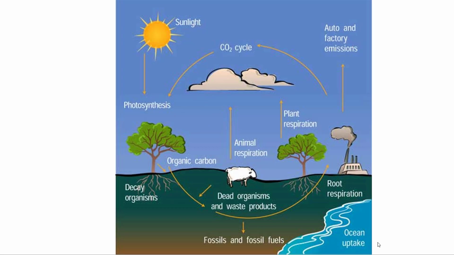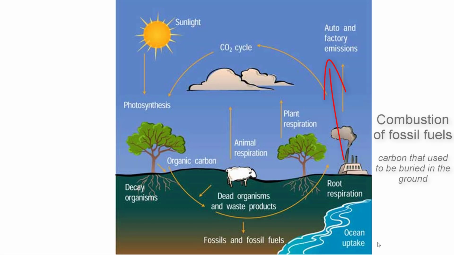Either the plant will perform cellular respiration and release it back out to the atmosphere, or an animal can eat the plant and the animal can do cellular respiration, release carbon dioxide to the atmosphere, or the plant or animal can die. And of course, when it dies, the decomposers can release carbon dioxide to the atmosphere, but also the dead organism, the decomposed organism, over a long period of time can become part of the ground, rocks or fossil fuels. A big key new thing introduced since the Industrial Revolution is humans are now burning fossil fuels and releasing carbon dioxide to the atmosphere also.